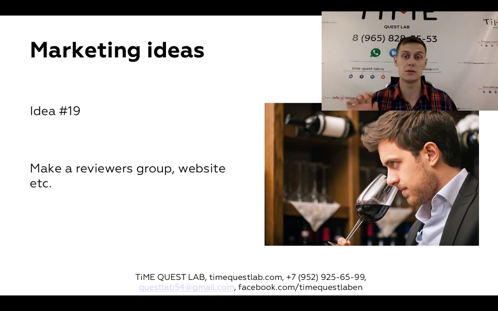At the end you might put one of your escape rooms at the top once a week or something like that. We thought this area was already closed in the whole world, but it appeared that there are not so many reviewers.